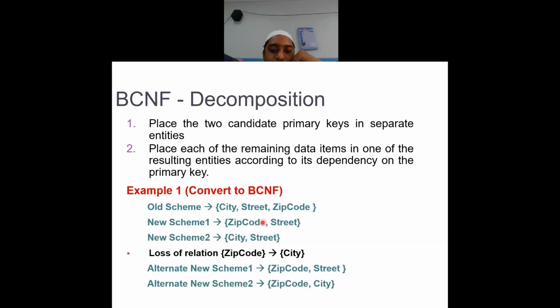So we have this option also, as we were originally discussing. Street was removed from the original table, kept in the new table. Along with this street, I can either go with the zip code or city to be attached. So suppose I am attaching zip code, what is left out in the original table? I removed only the street. So what is left out? City and zip code. That becomes the second schema. Is it clear? Boyce Codd normal form.